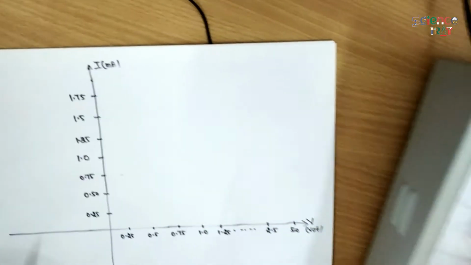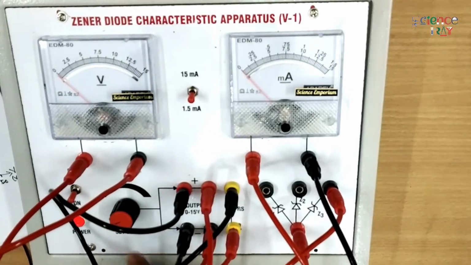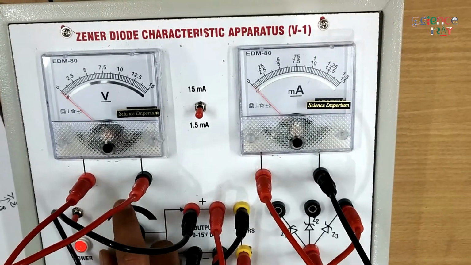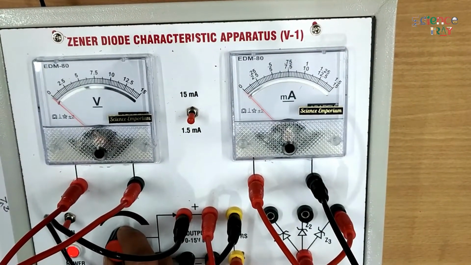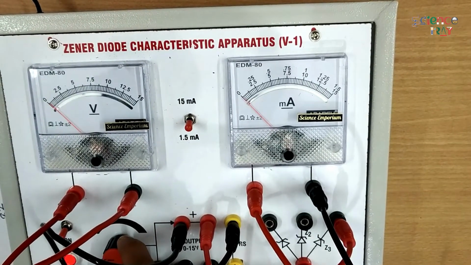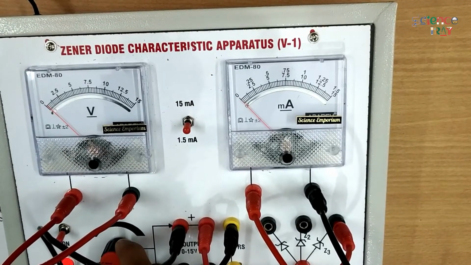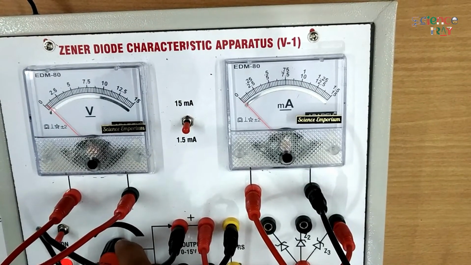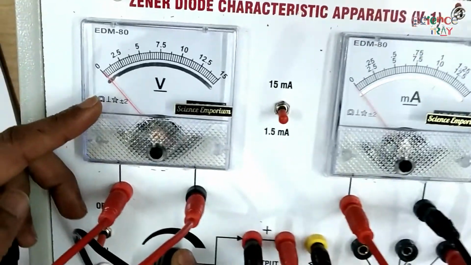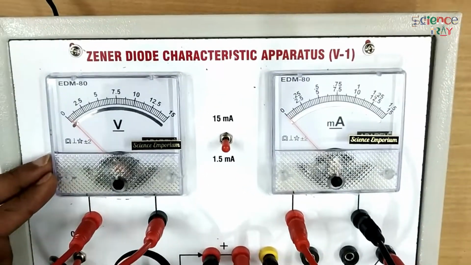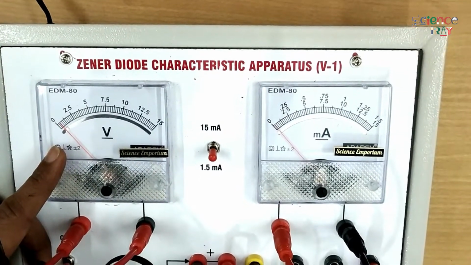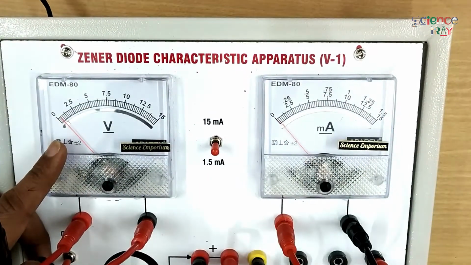Now we start increasing the voltage. Here you have to notice that very small variations are shown, as the voltmeter is very sensitive to very small voltages. So we have to look at our measurements very carefully. Up to 0.25, this is the first, there is almost negligible variation. This is our 0.5 of voltage and this is 0.75 of voltage, and we find that the current has increased somewhat.